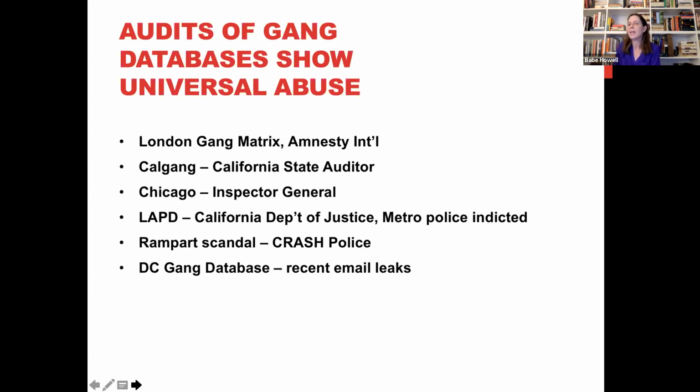Dermot Shea has said that on average, the people in the gang database have been arrested 11 times. That's harassment arrest. And each one of those interactions is dangerous because the police are believing that they're interacting with a gang member. So wherever you look at these gang databases, and we have asked the Inspector General to do an audit of the gang database and the gang police, we see A, over-inclusive, inaccurate, and B, also abusive policing that goes along with that,